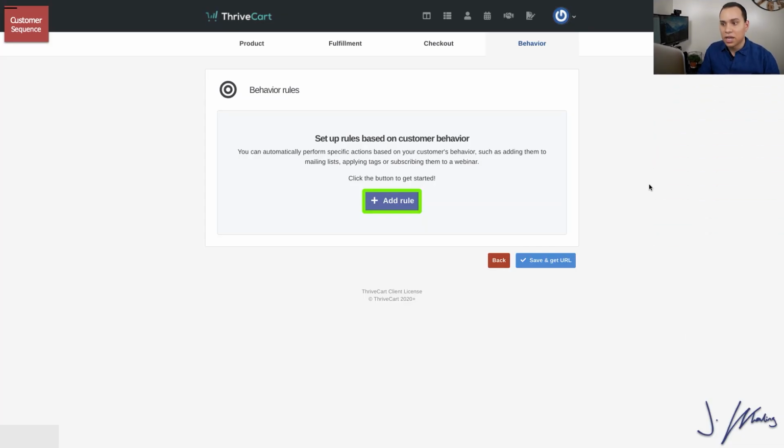Inside of your shopping cart, you need to look for automation, rules, or behavior, and this is where you're integrating with your email autoresponder. So this is Thrivecart. I'll link up in the description if you want to learn more about it. It's a one-time fee of like $500, and over the course of 2 or 3 years, it's going to save you a lot in terms of paying $50 or $100 for a shopping cart.